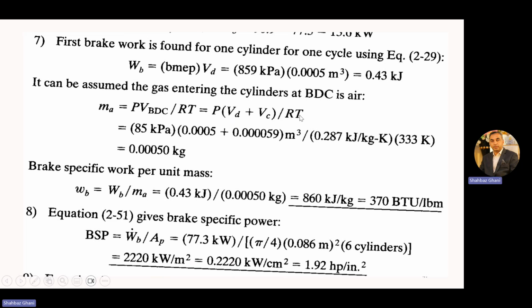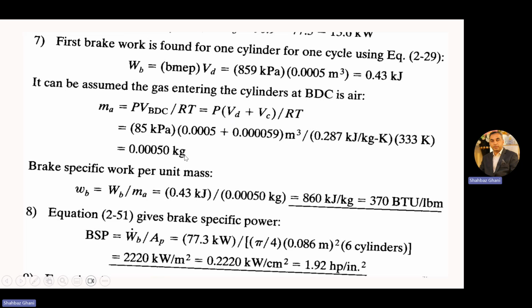We know the clearance volume and the displacement volume. Putting in the equation, the gas constant R is 0.287 kilojoules per kilogram Kelvin, and we have the temperature of 60 degrees Celsius, which converted to Kelvin comes to 333 Kelvin. So the mass of air entering the cylinder when the piston is at BDC is